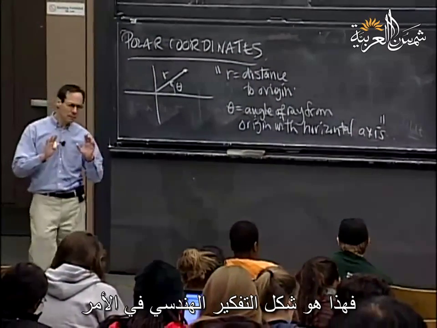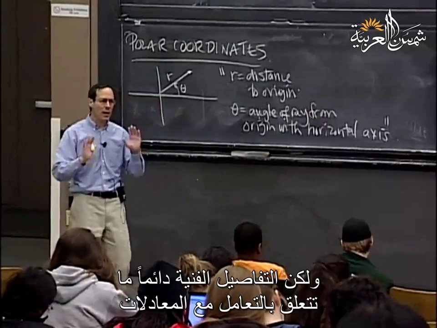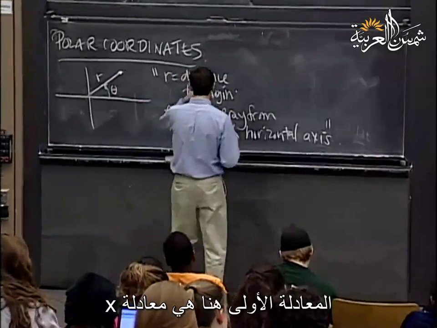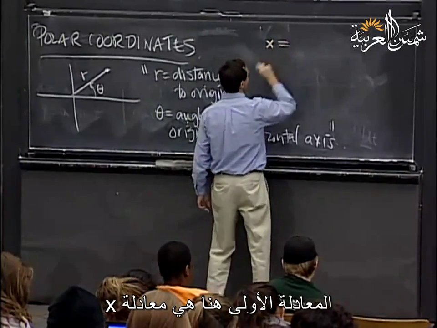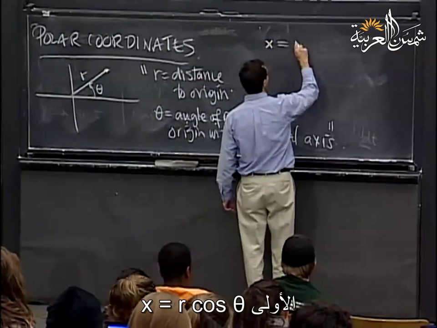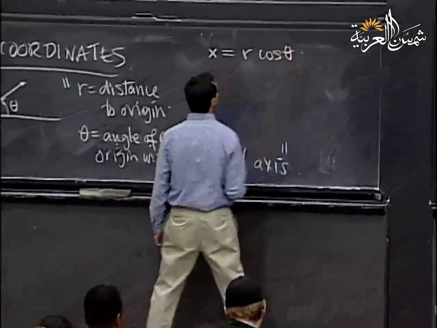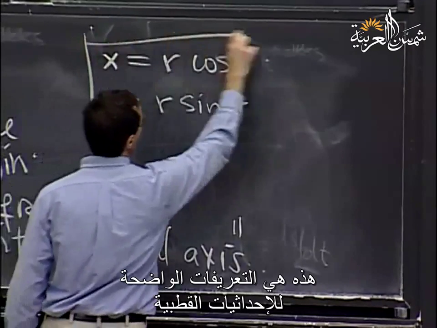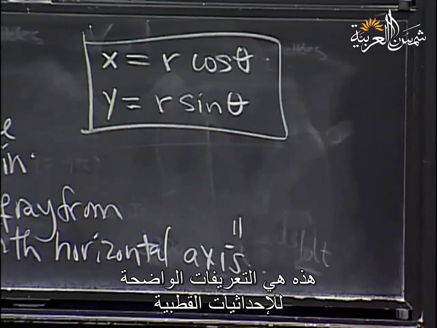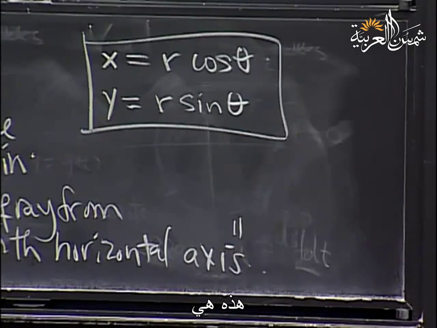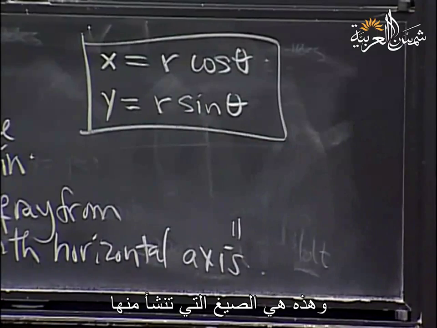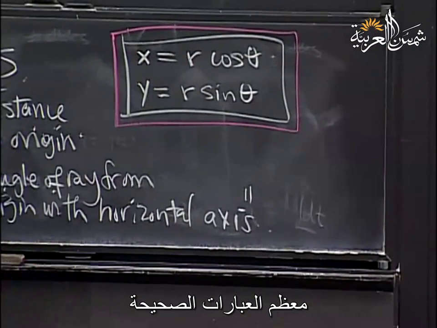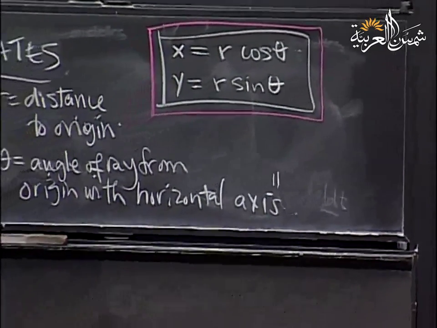All right? This is geometrically what you should always think of, but the technical details involve dealing directly with the formulas. The first formula is the formula for x, and this is the fundamental. These two are the fundamental ones. Namely, x is r cosine theta. The second formula is the formula for y, which is r sine theta. So these are the unambiguous definitions of polar coordinates. This is it. And this is the thing from which all other almost correct statements almost follow. But this is the one you should trust always. This is the unambiguous